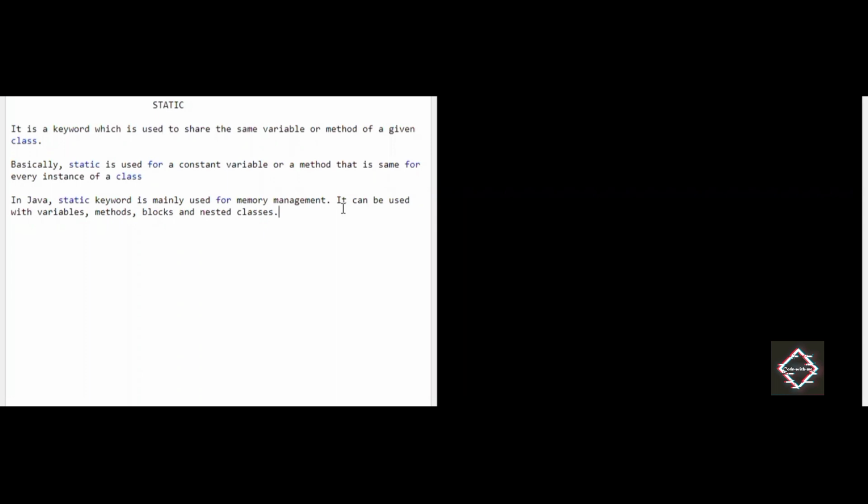What is static? Static is a keyword which is used to share the same variable or method of a given class. Basically, static is used for a constant variable or a method that is the same for every instance of a class. Assume there is a class with three different methods.